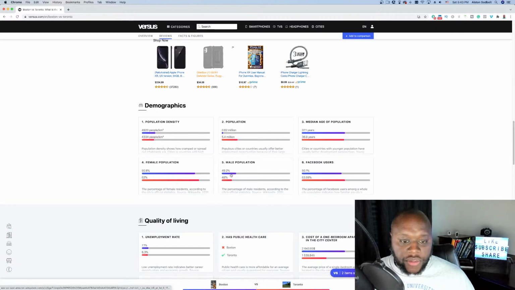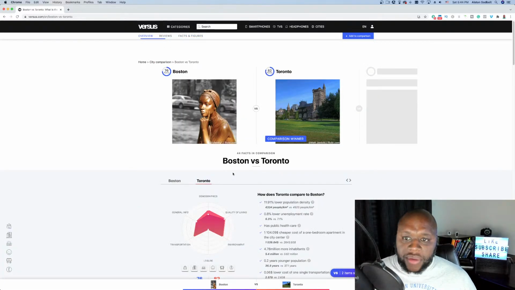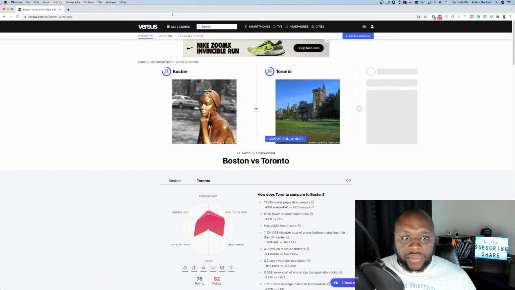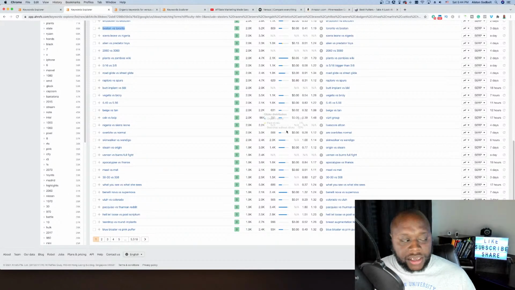They're doing the same thing, just simple comparison. And I don't even think they're running ads. They might not even have ads on their website. Oh, there it is. There's an ad there, so you can make even more money. So that's one obvious way. Simple comparisons. It can't get any easier than that.